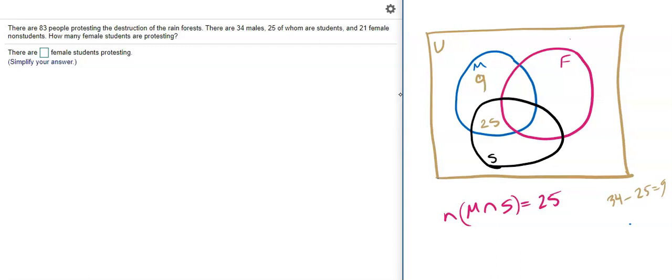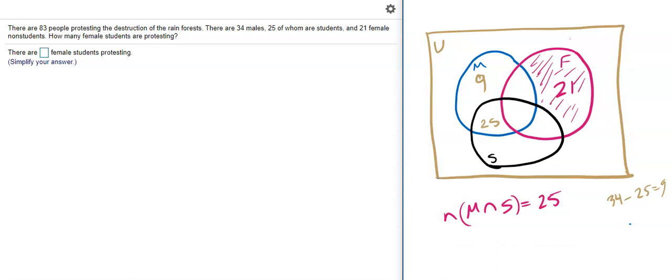And then we have 21 females who are not students. And so that's this group over here. And these are all the females who are not students. And then the females who are students should go into this little overlappy part right here. And so the number of females who are students, it's going to come down to the